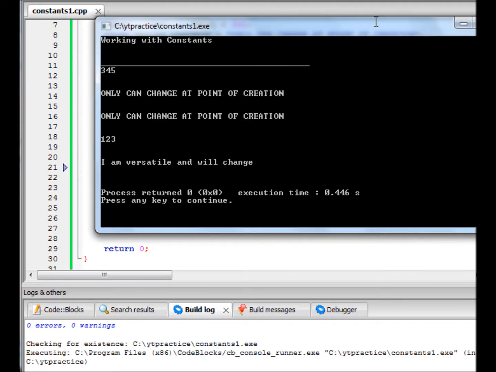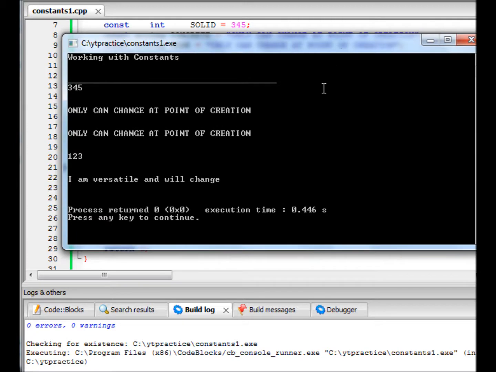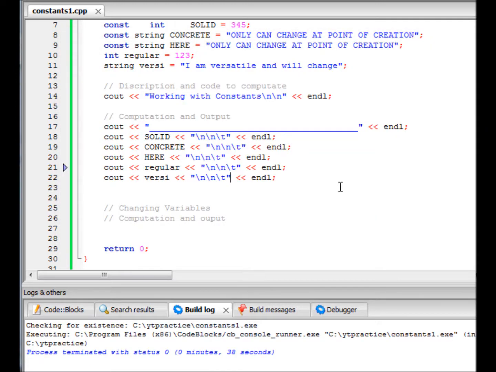Alrighty, and what we're showing here is, remember, 345 was our constant, and it can only change at the point of creation. That's our two constants right there. And 123 is our regular variable, and "I'm versatile and will change" is our other regular variable. And let me go ahead and close that out, because at this point